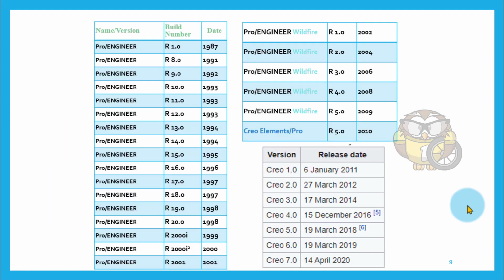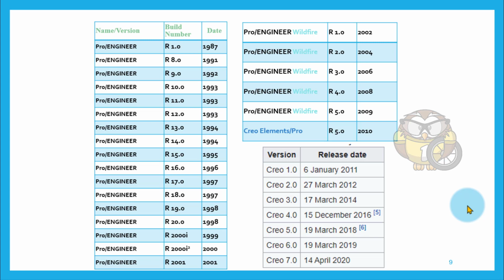The release history: Pro Engineering 1.0 was released in 1987. After that, Pro Engineering 8.0 was released in 1991. After that came 9.0, 10.0, 11.0, 12.0, up to 20.0, released in 1998.